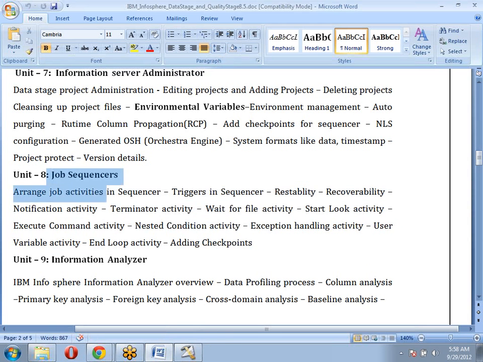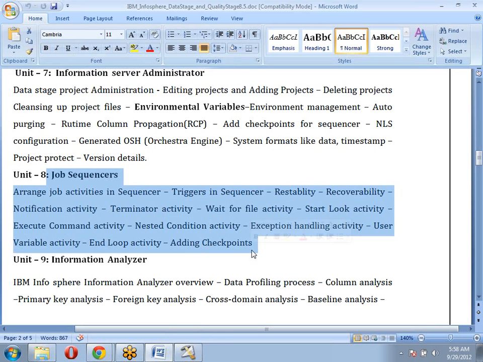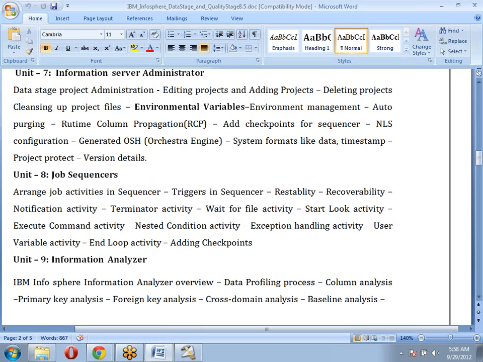This is an environment where we design batches. Batches means, for example, I'm a developer and I designed 10 jobs, and one of my colleagues designed more, and together it's a kind of batch. When we run the sequence, all these 30 jobs need to run automatically. We will see how to create those kinds of sequences.